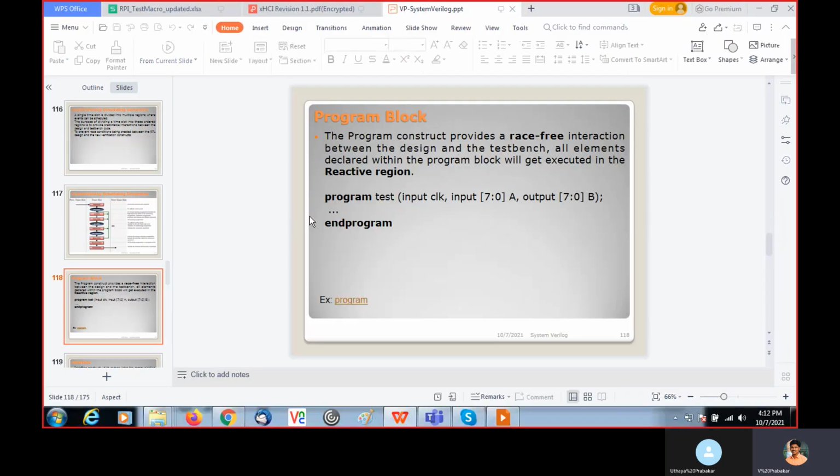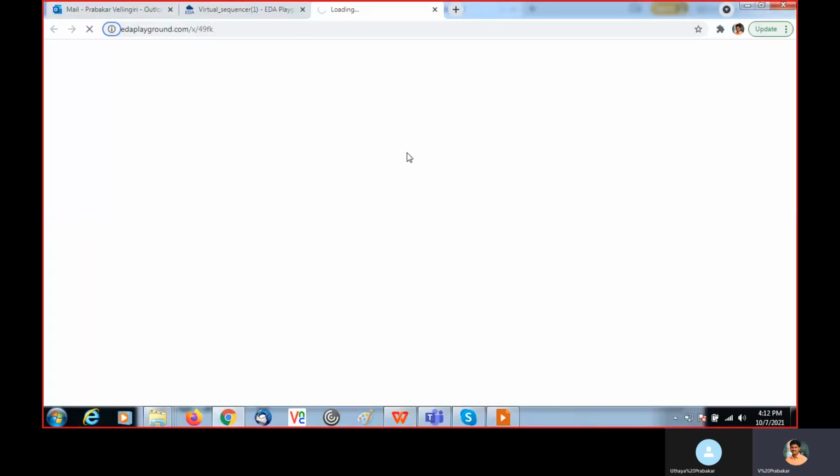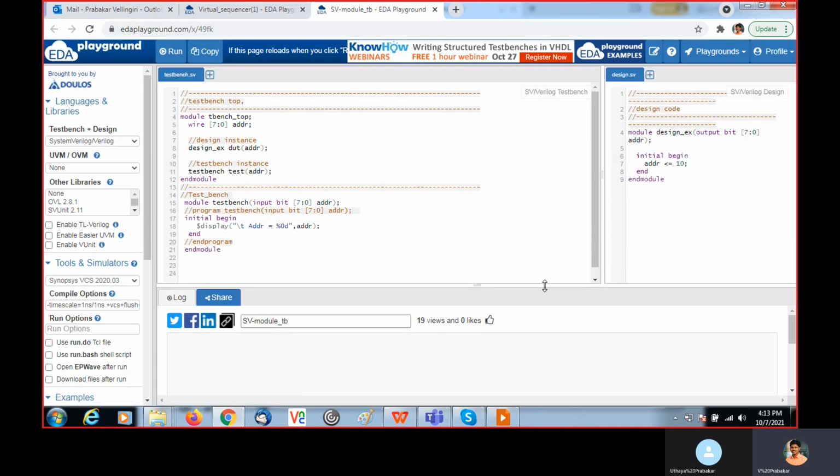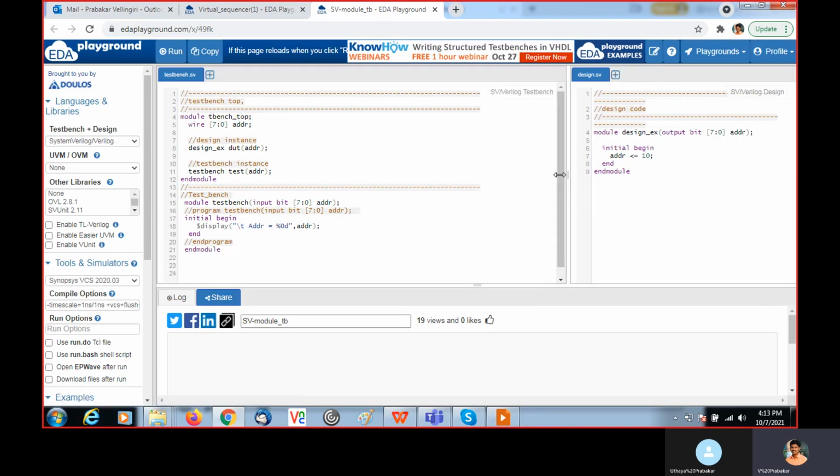Let's see an example here. This is the design.